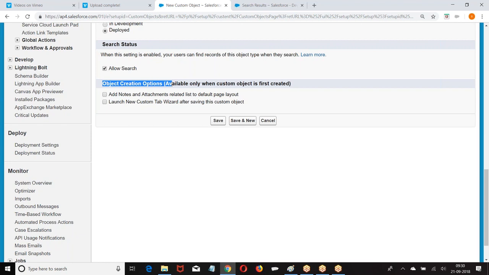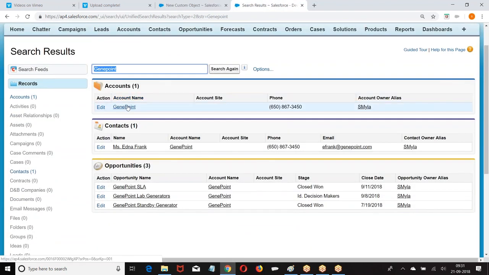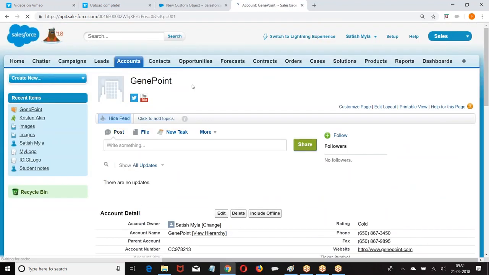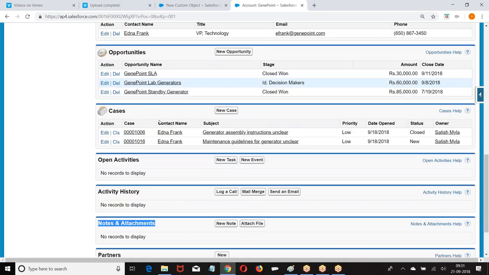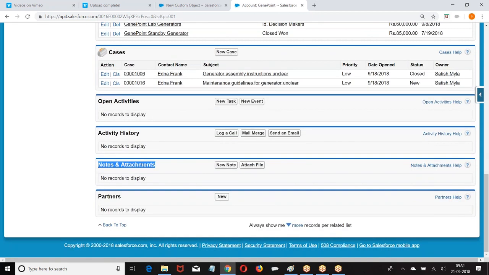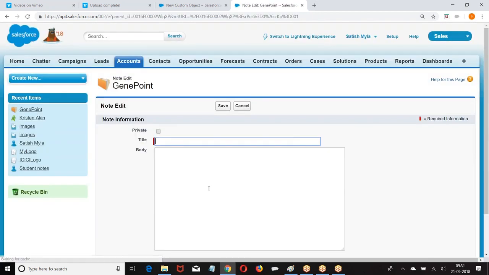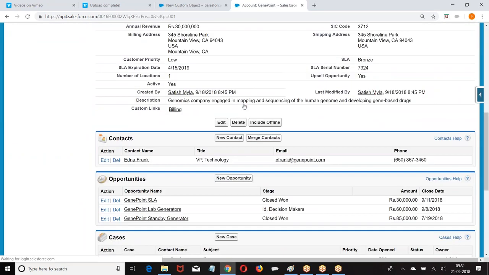What are they? Add notes and attachments. Now look at this. On the record, you get an option called notes and attachments, where I can write any important points or any supporting documents.